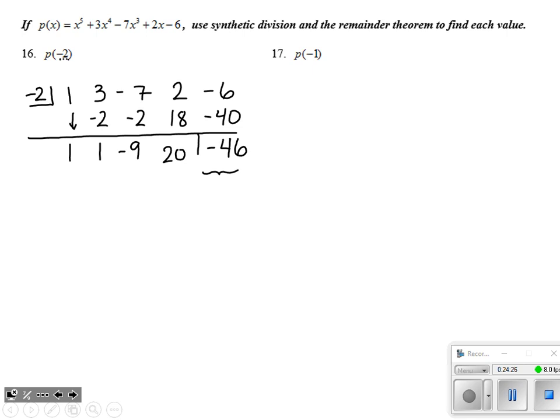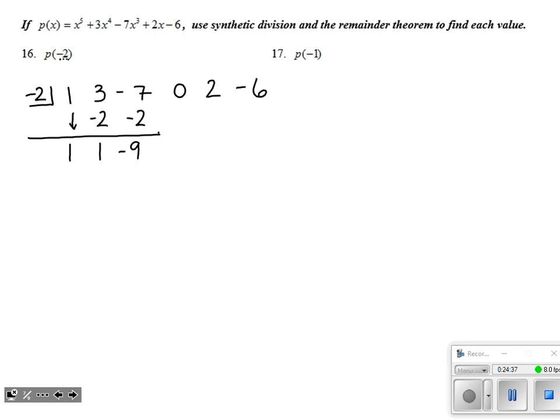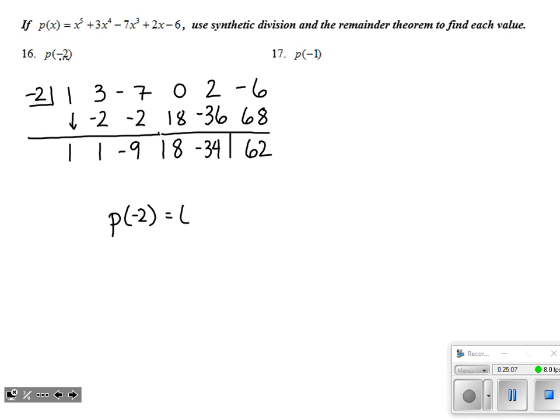That is such a long polynomial. I did not see that, or maybe I went too quickly. After that -7x cubed, there are 0x squared terms, then a 2x, then a -6. Oh man. So I need to backtrack to that point in my synthetic and say, okay, -2 times 9 here under this 0 should go in 18. Then I can keep my pattern going, and I will add, I'll get negative 34. I'll multiply and get positive 68, and I'll add and get positive 62. So P of negative 2 equals 62.